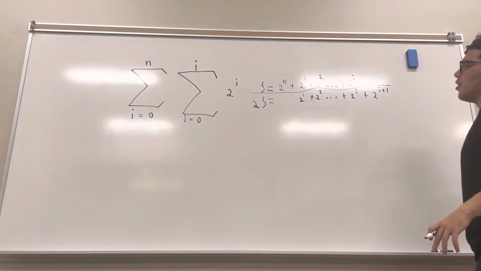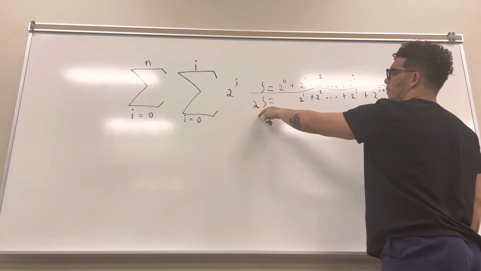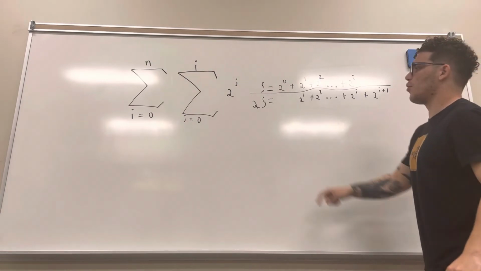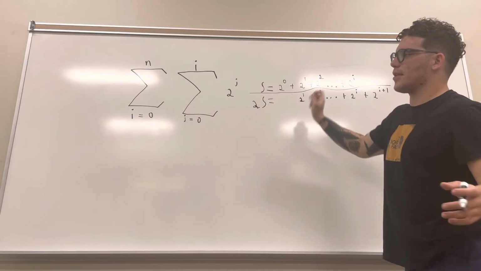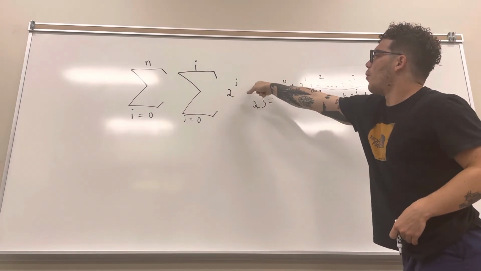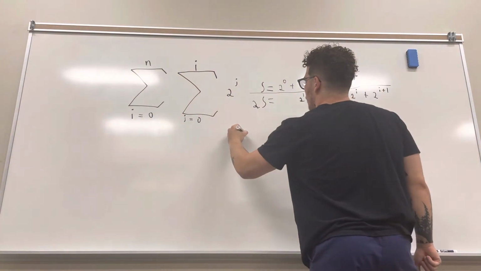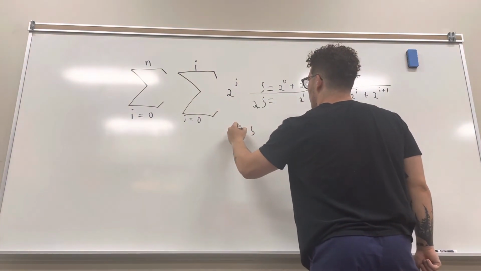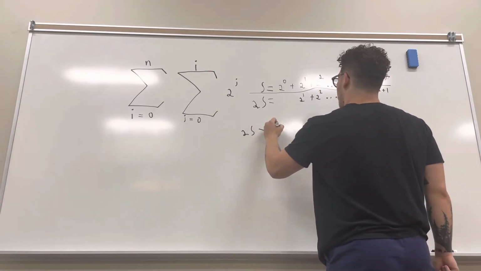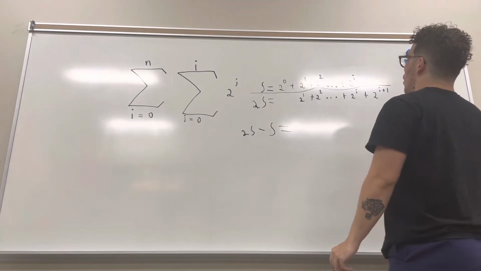And then, okay, so now what we're going to do with these two s's is we're going to just solve for a single s, if that makes sense. So we need to get this back to just s by itself. So what we're gonna do is we're gonna subtract 1s from 2s. So we're gonna have 2s minus s equals, okay, and so we have